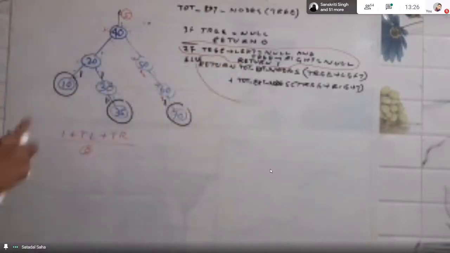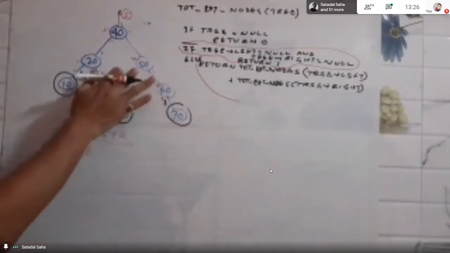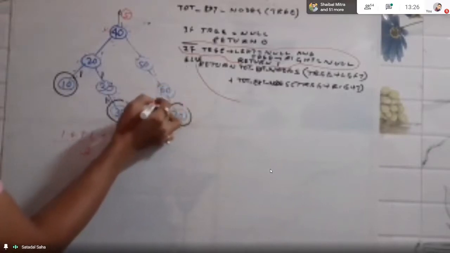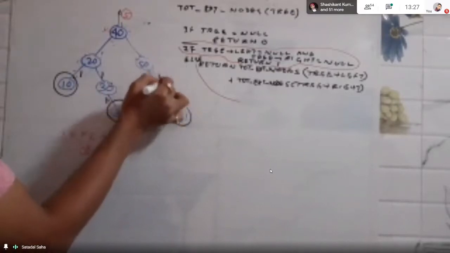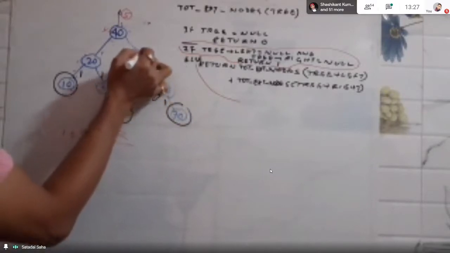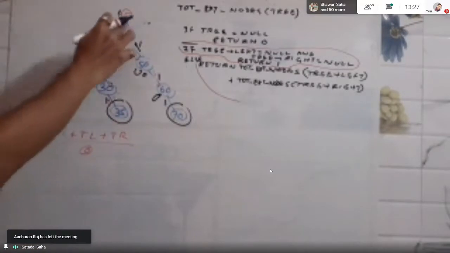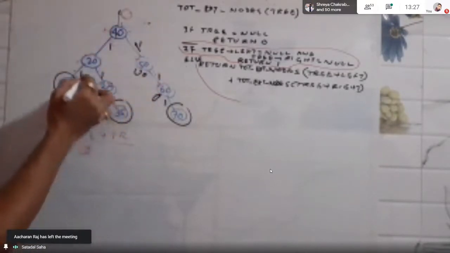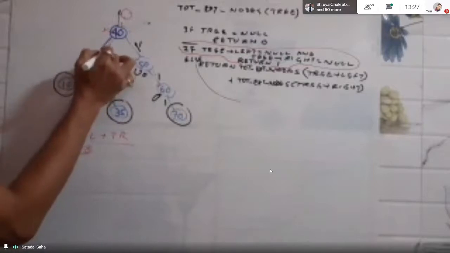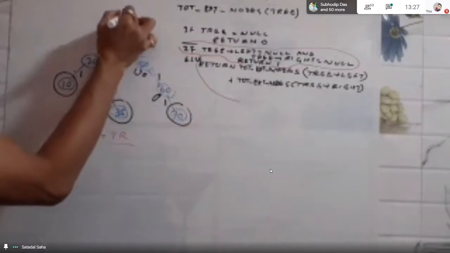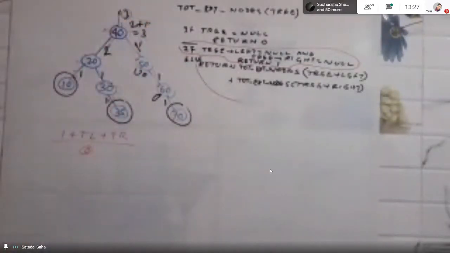So only the leaf nodes will return 1, and all the other nodes, that is internal nodes, will add the leaf node values. So 60 will be adding this one because there it will be 0. So it will just pass on this. 50 will be also 0, so it will pass on this one. And 40 will be adding this. No, 1 plus 1. So it will return 1 plus 1. 20 will return 2. And from this side it will be 1. 40 will return 3. Clear?